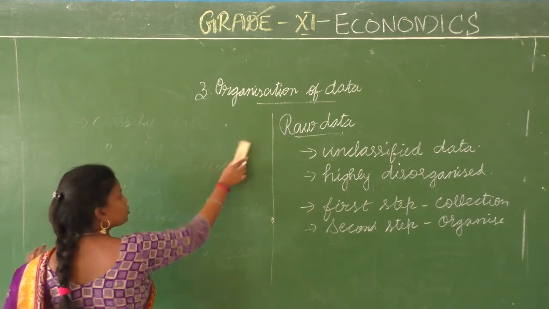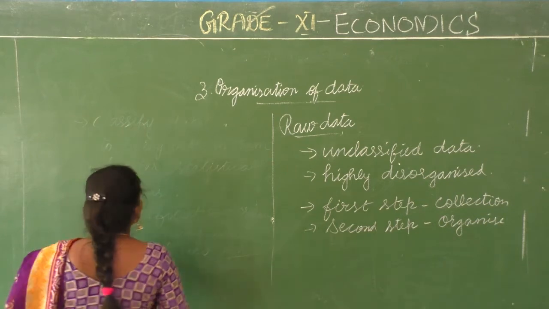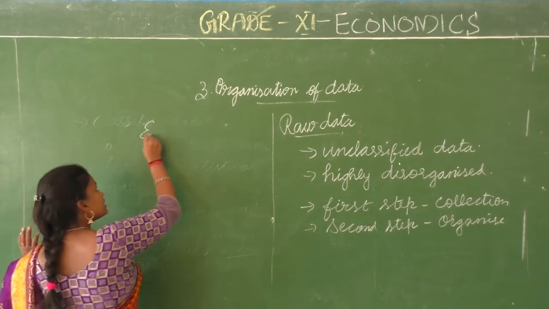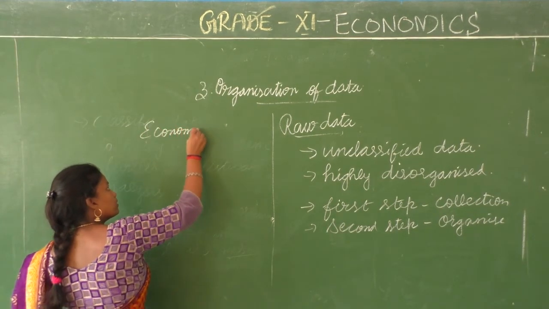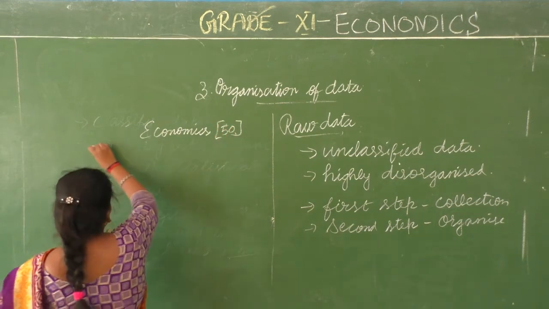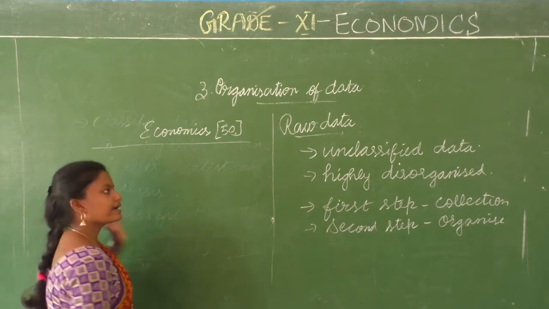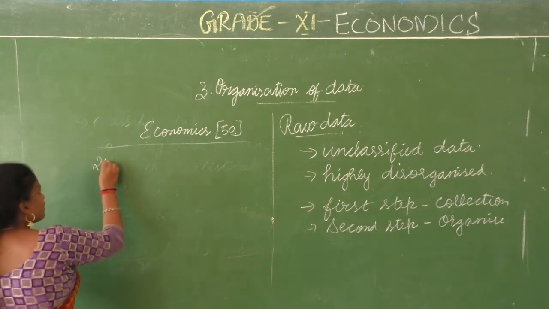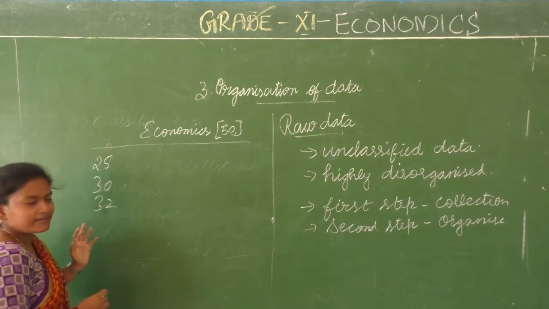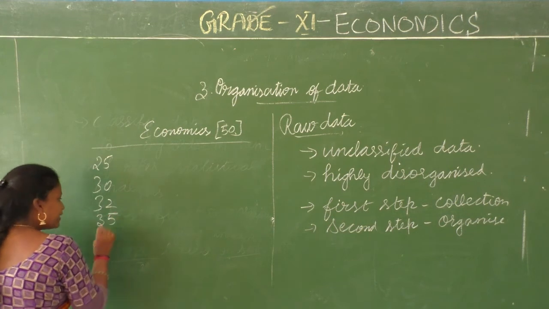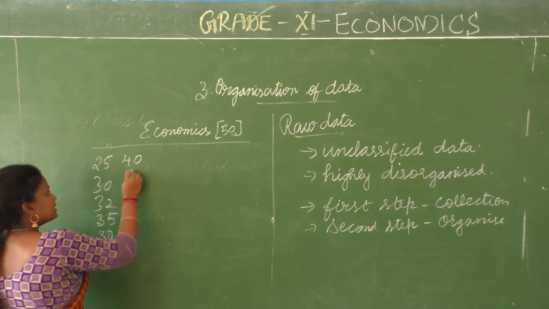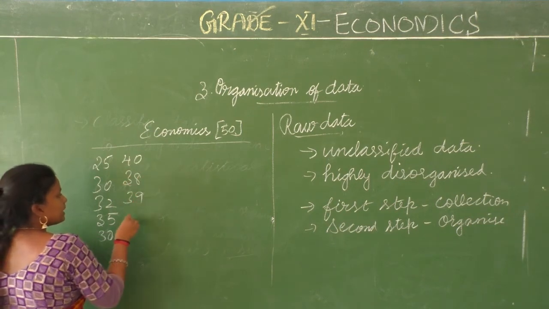Okay, I have 24 children in my class. So I am going to enter the marks that my children have received in economics. Okay, and I am going to enter it out of 50. How am I entering? As I correct, I am going to enter 25, 30, 32. I want to get about 30 marks. So I am going to enter those kind of marks only. Okay? 40, 38, 39,